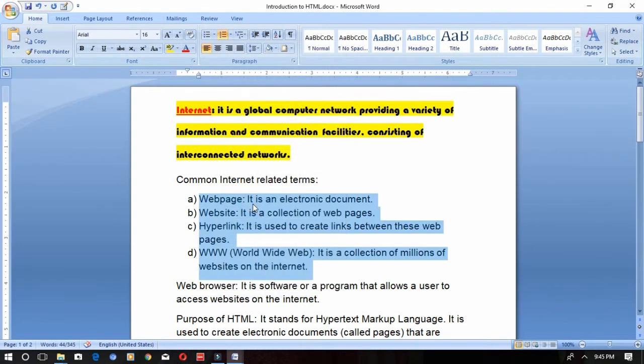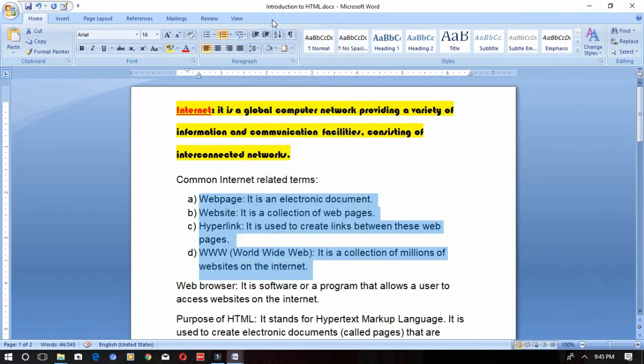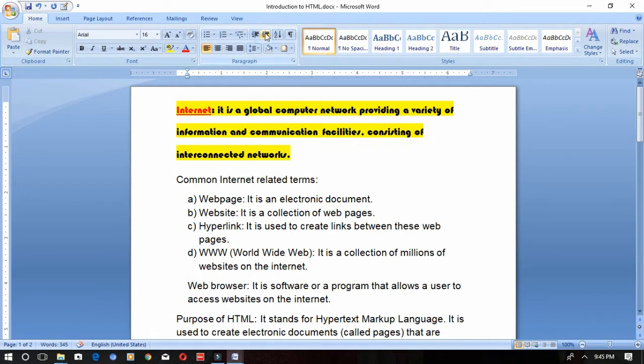If I change it like this, you can change. This is for nested list, we can say. A list under another list. Sometimes you may have subtitles and sub contents, and again go back to the heading. For that we can use this nested list format. Next, indenting. What do you mean by indenting? See, this is decrease indent, this is increase indent. It keeps on moving like this.